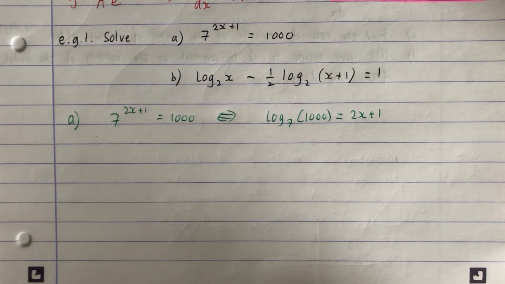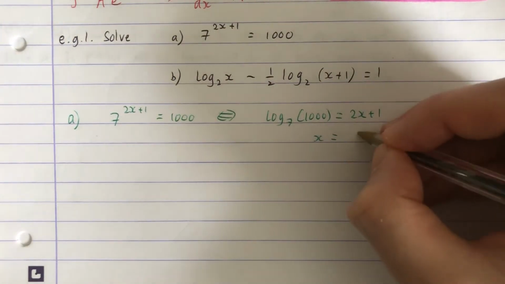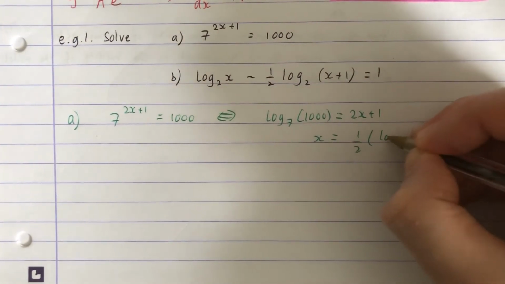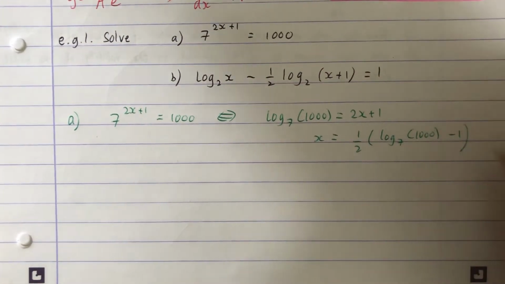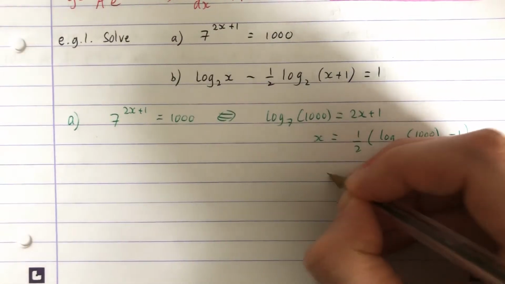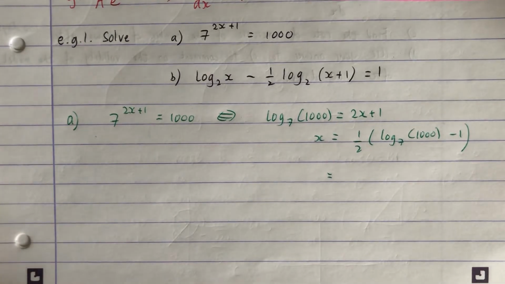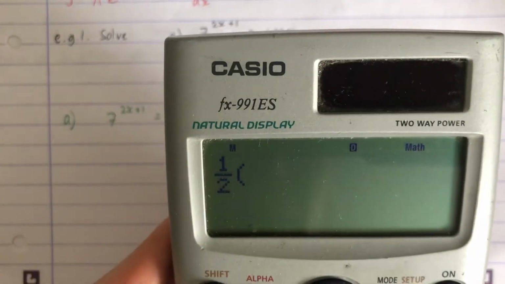And if you make x the subject, by subtracting 1 and dividing by 2, you get that as an exact answer. You just type that into the calculator and normally round it to about 3SF unless they ask you for something else. So log base